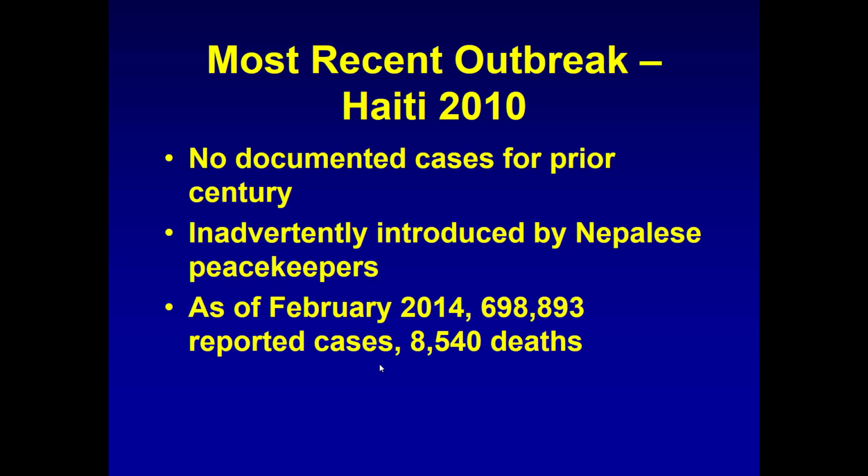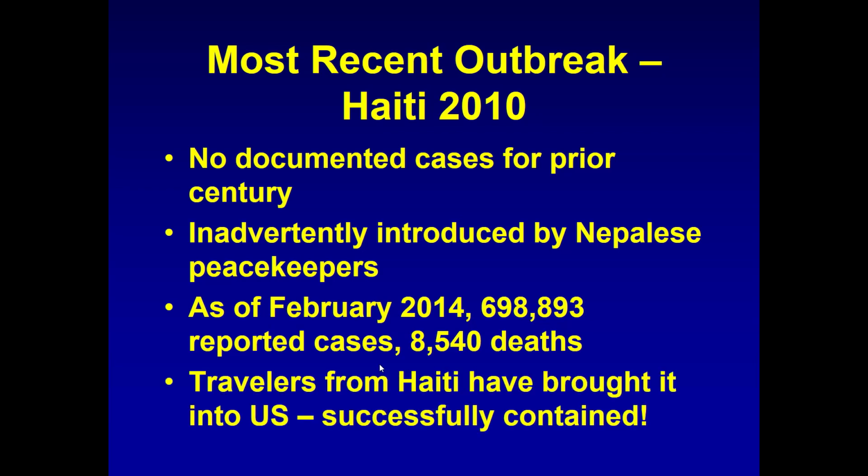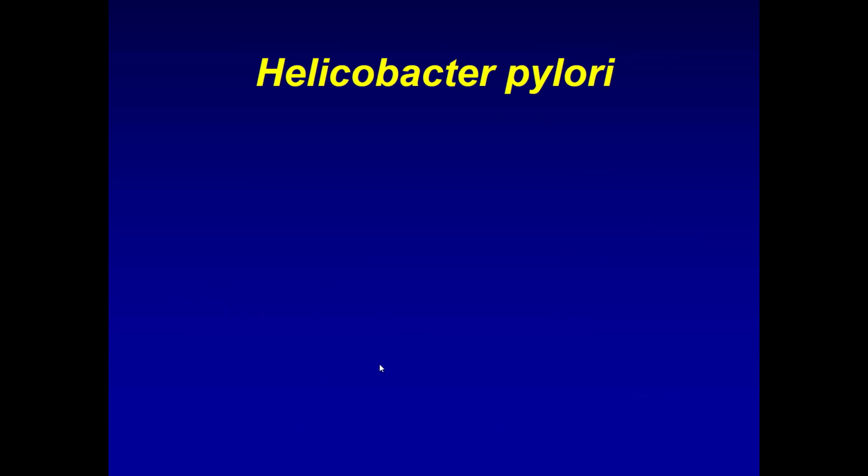and caused around 8,500 deaths. So very, very sad. All right, the next one you've probably heard of. Its name is Helicobacter pylori. Now, the Helicobacter part you may not have actually heard, but the H is what you've probably heard of. So H. pylori, named for the pylorus, which remember is the bottom third of the stomach.